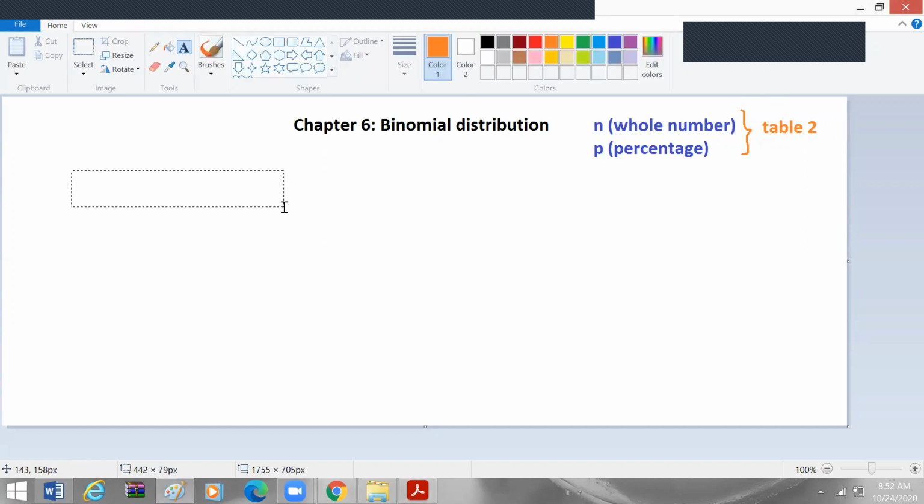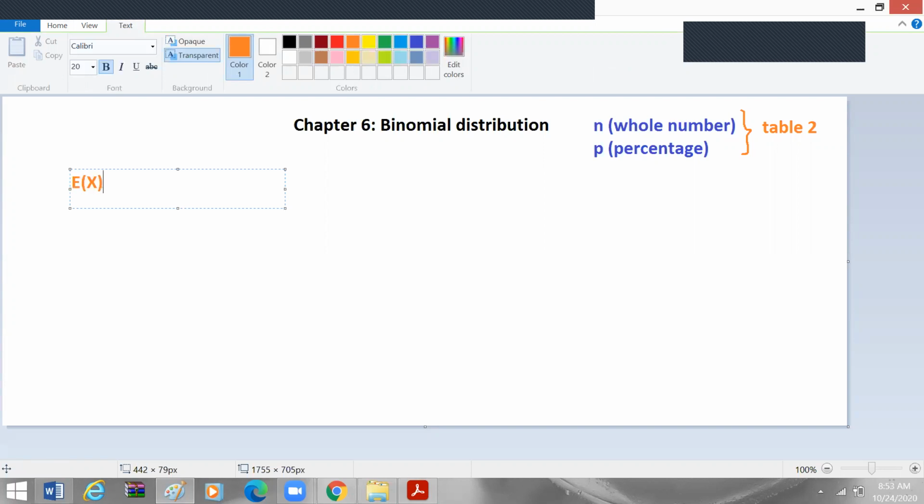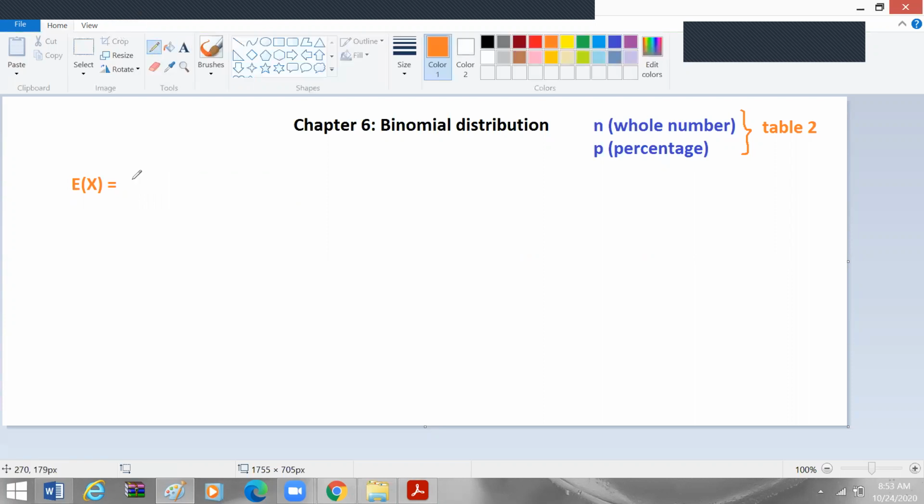The second thing that we need to know is called the expected number, or expectation. That would be E(X). I'm not sure if they went over that before. That would be the mean, which is called the expected value, but they don't use the word mean because mean is actually used for a data set. When it comes to the binomial distribution, we use the expected number or expected value. This is what we expect on average,